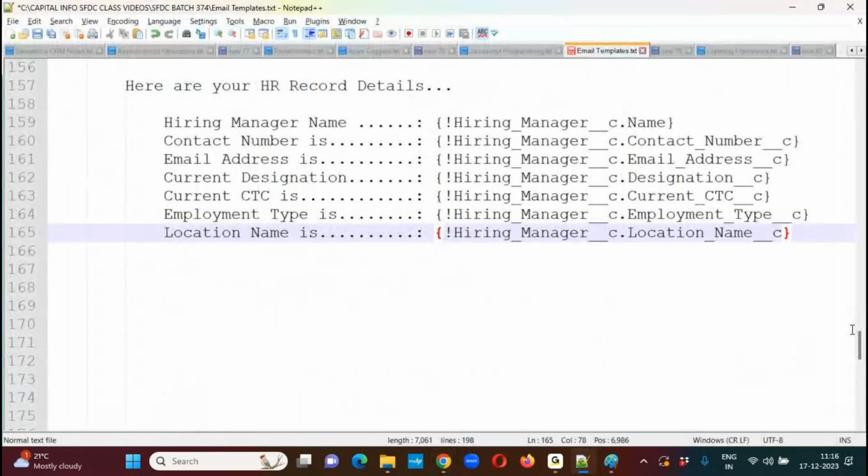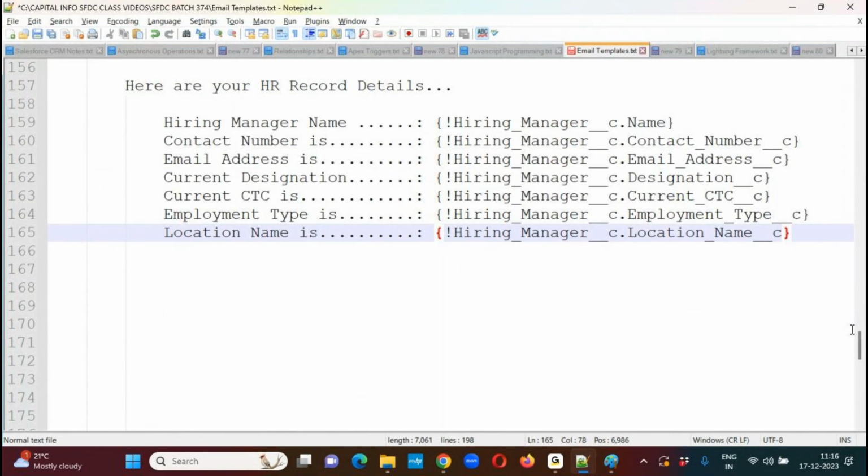If you know the field names, you can directly prepare these merge fields manually by typing them. Or else, if you're having difficulty preparing the merge fields, then we can go with this option. I showed you both options; whichever way you feel comfortable, you can use it here. Now,